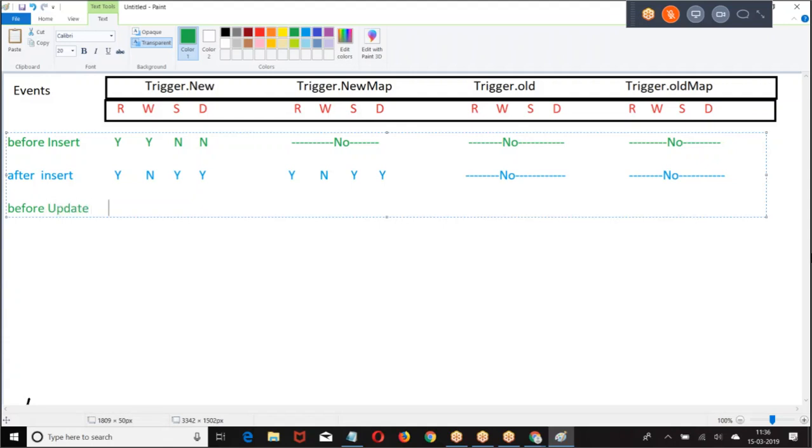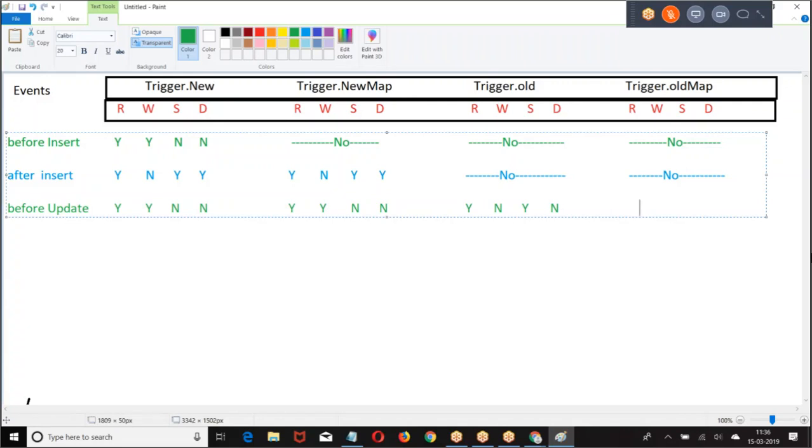Before update. If you take before update, we have trigger.new. If it is a before, I told you, read. Trigger.old, read. It is old data. You can write a SOQL query to get it.